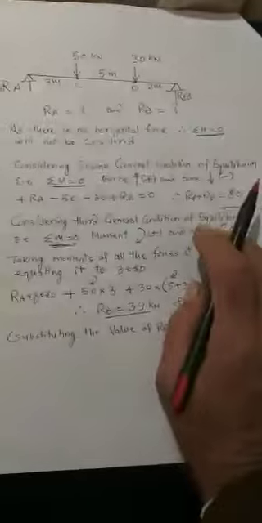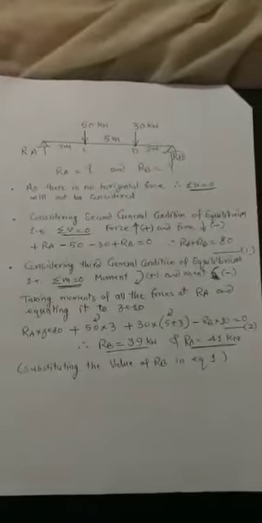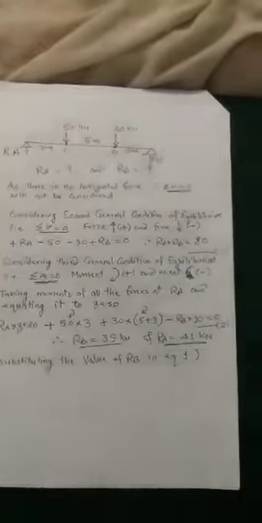Now the third general condition of equilibrium is sigma M is equal to 0. That is, the algebraic sum of all the moments, because this is in equilibrium. So the algebraic sum of all the moments, whether clockwise or anti-clockwise, comes out to be 0, because it is neither tilting in the clockwise direction nor in the anti-clockwise direction. What is moment? Moment is nothing but force into perpendicular distance. It may be clockwise or anti-clockwise, depending upon how the force is tilting the body.